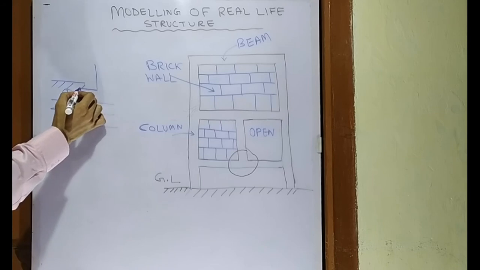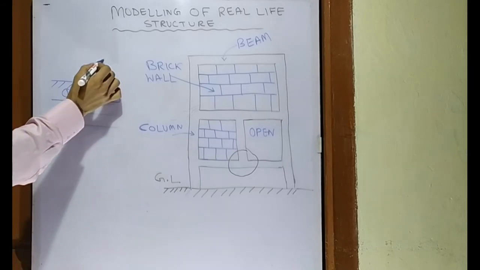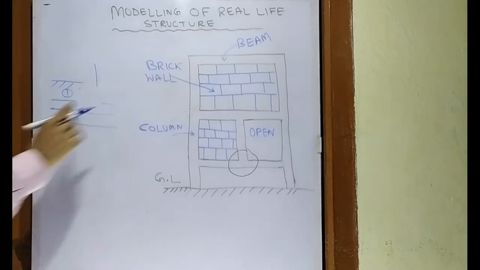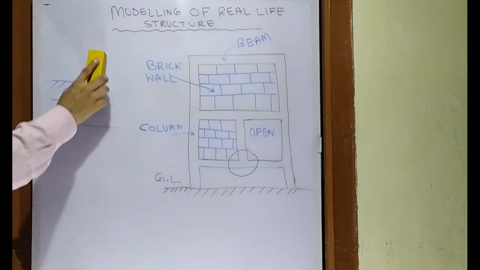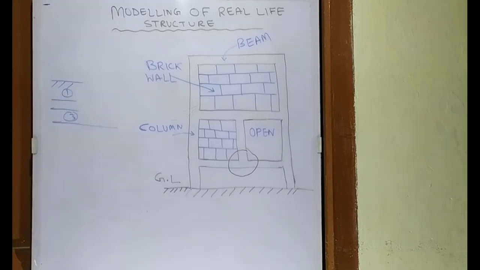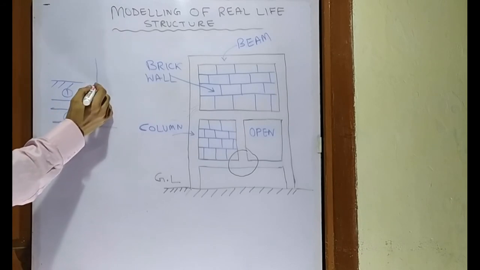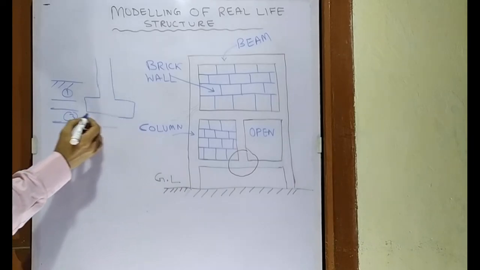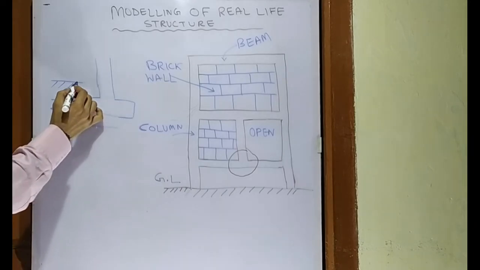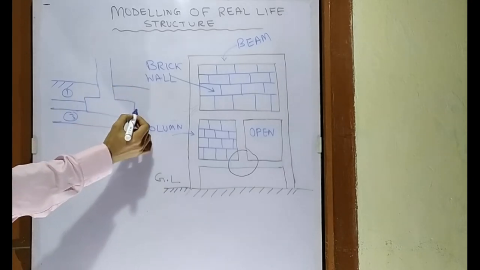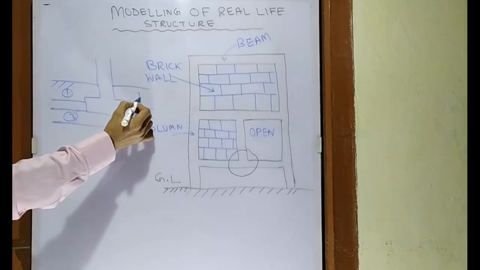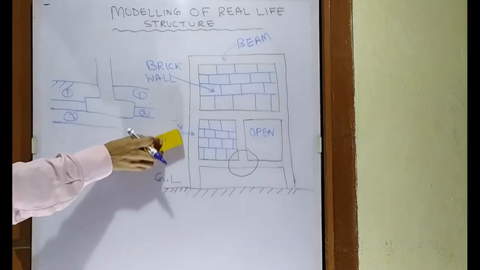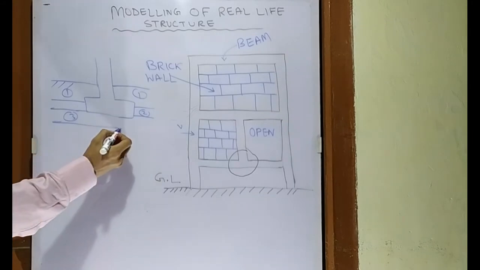If we consider that there is a footing, let us draw it more clearly so that you can understand it better. If we are drawing or constructing a foundation, this foundation may encounter different types of layering. This is layer 2, this is layer 1 and this is layer 3. So this structure may encounter different types of loading.